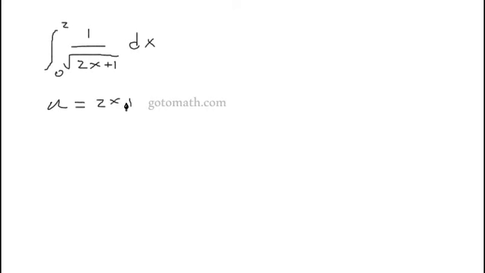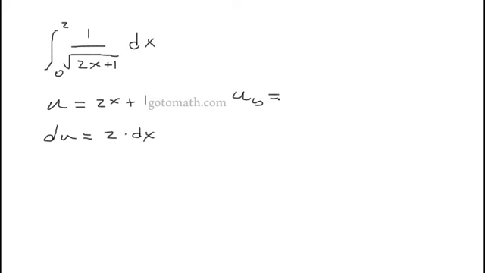So we have the integral from 0 to 2 of 1 over the square root of 2x plus 1 dx out here. We're going to let our u be the 2x plus 1, because when we take the derivative of this inside here, what do we get? We get 2, but so we could write it 2 and then a 1/2 outside. Alright, du is equal to 2 dx,